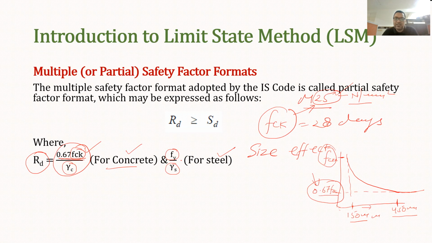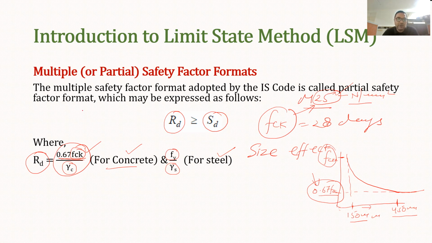So basically we are taking the fraction of strength, and this fraction of strength should be more than or equal to the combined effect of all the design load. Now, the design load is actually the exaggerated value of the characteristic load. So characteristic load is the normal service load which will be coming on the structure. But what we do is we exaggerate that value to some extent.